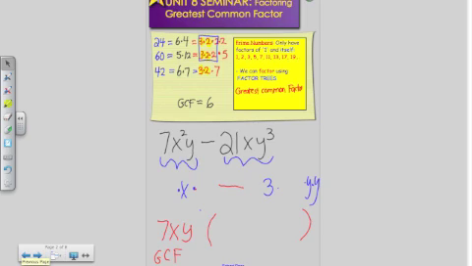And now inside the bracket, I'm going to write down what is left over. So for my first term, all that is left over is just x to the power of 1. The terms are going to be separated by a subtraction sign, and all that's left over in my second term is a 3. y times y is y squared. Okay? So when you have